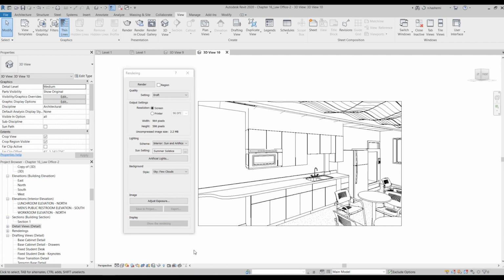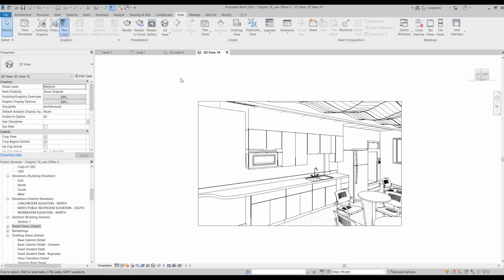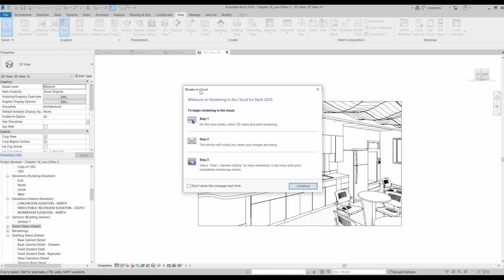Okay, so the next thing I'm going to talk about is rendering in cloud. So you have the option in Revit to render in cloud, and that won't use your system memory and things like that, and it's going to be pretty fast. So for that, you need to come to View tab, and from here, click on Render in Cloud.